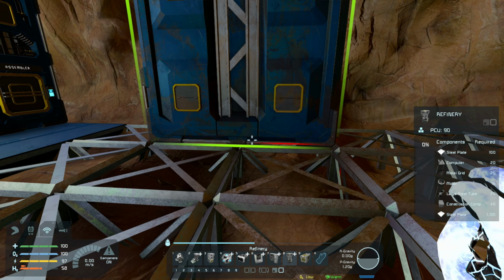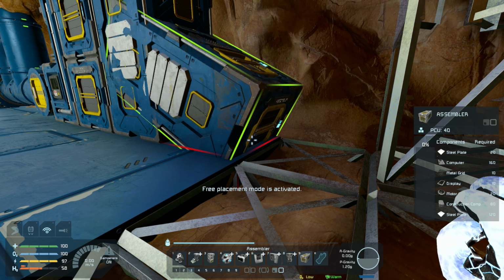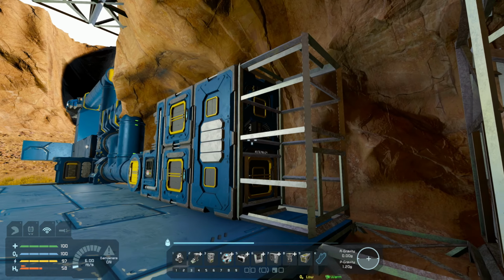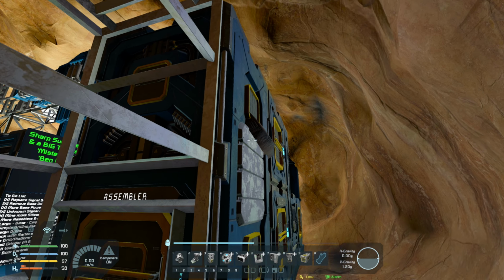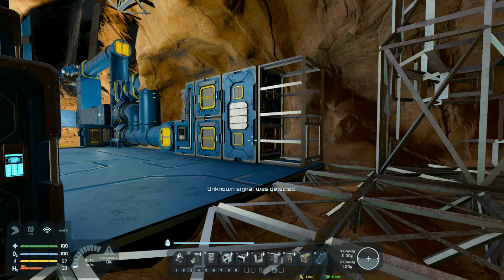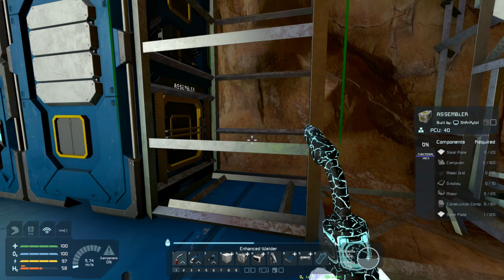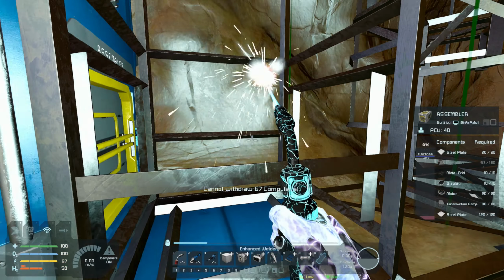So most of this is going to be temporary once again. So let's get that one in there, and another assembler right there, because then I'll be able to place some modules on both sides and we won't be wasting too much. So those little squares there, you can put the modules on for speed, efficiency, or power reduction, I think it is. So we'll get those on going,